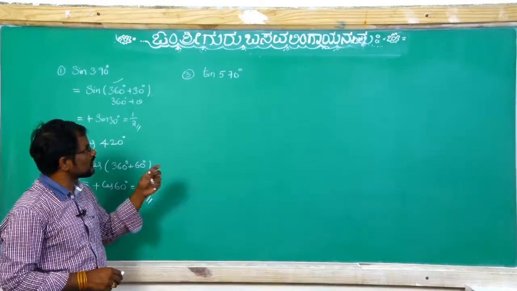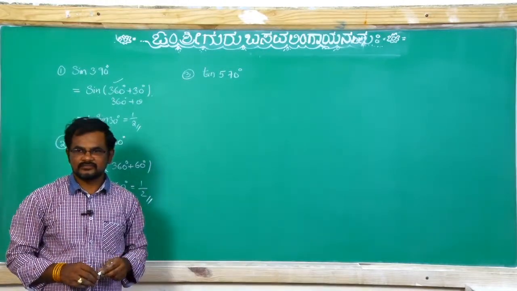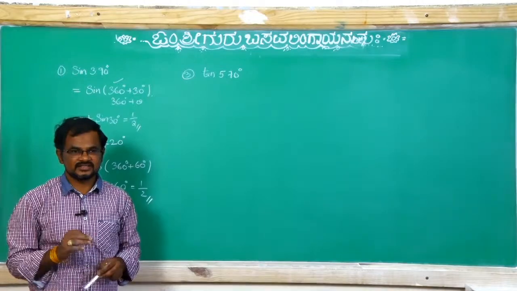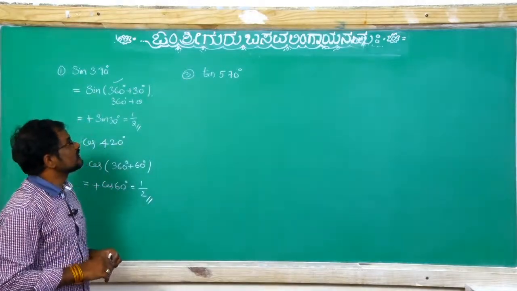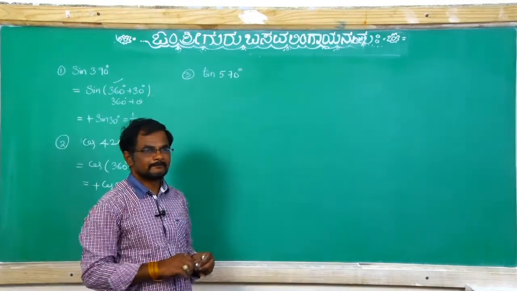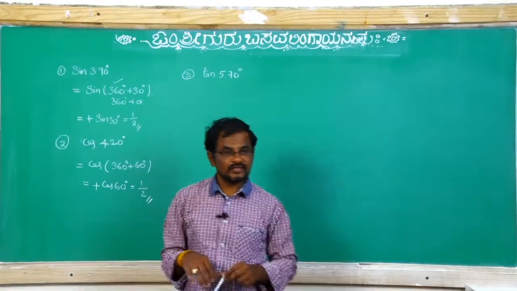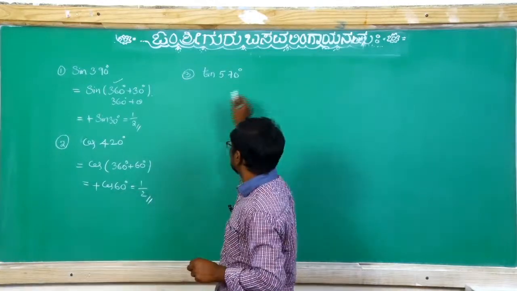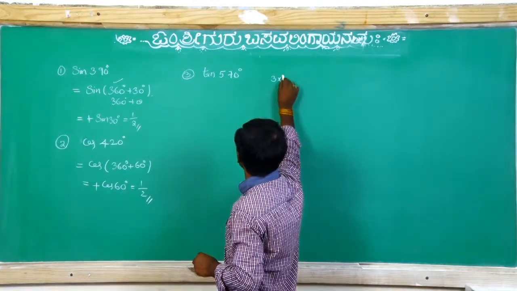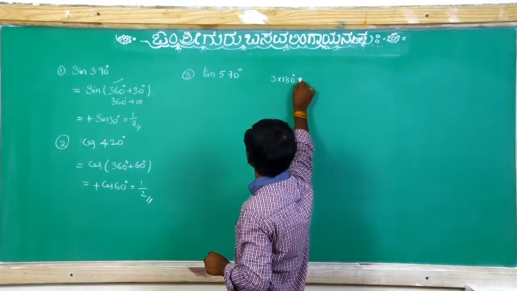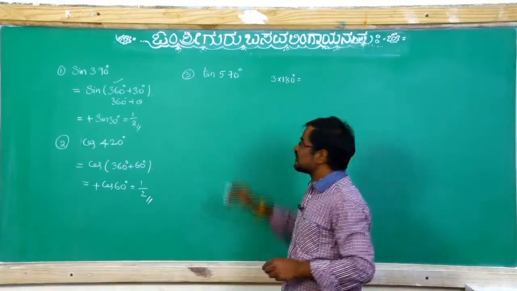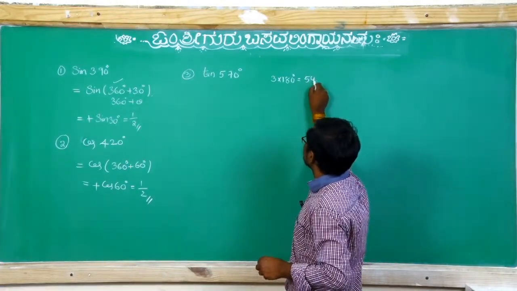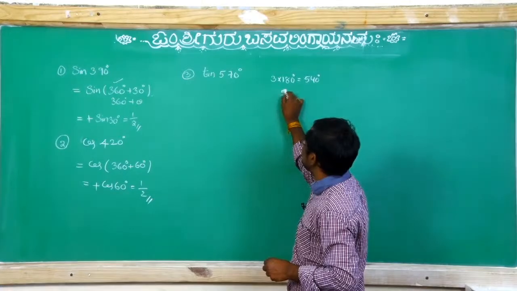These are not homework problems, general problems I am giving, which are greater than 360. Tan of 570, multiple of 180 you can take, no? We know that 3 into 180 equal to 540. Now this 570 can be written as